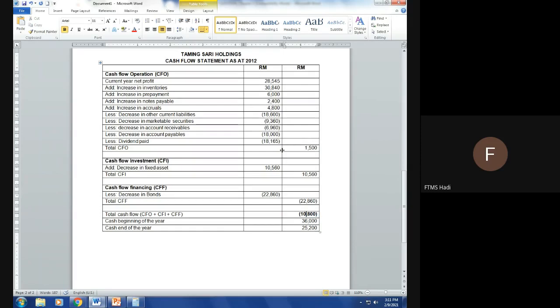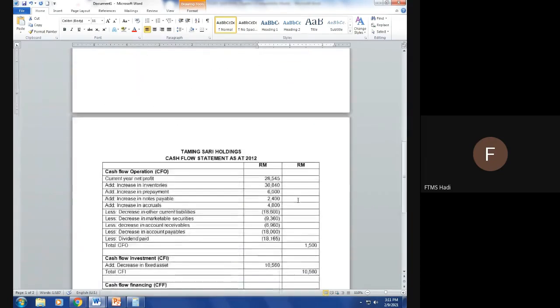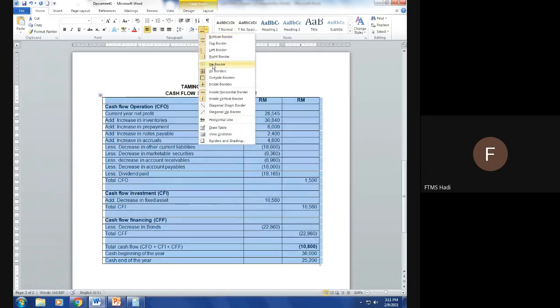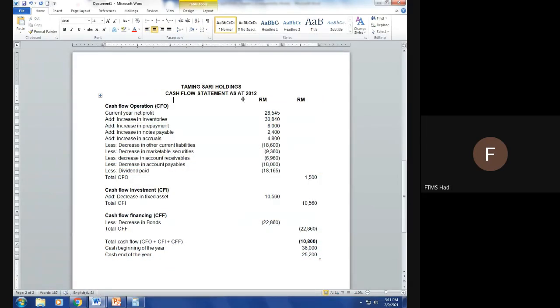How do I get this one? 1,005 plus 10,560 plus negative 22,860. You get 10,800, which is similar to the difference between 2012 and 2011. So as you can see here, that is the correct way on how to do this cash flow statement. To make it a little more neat and tidy,